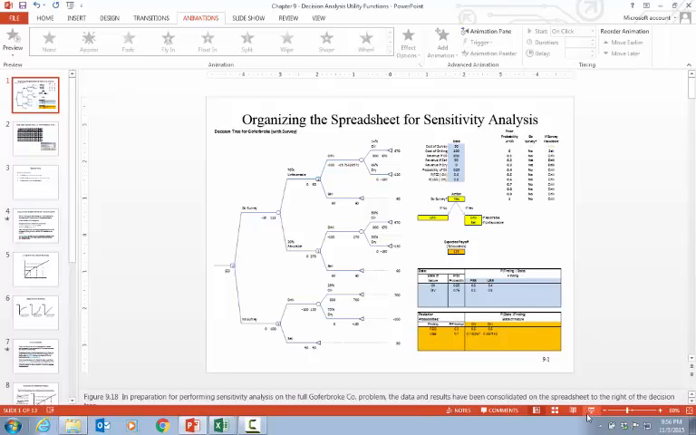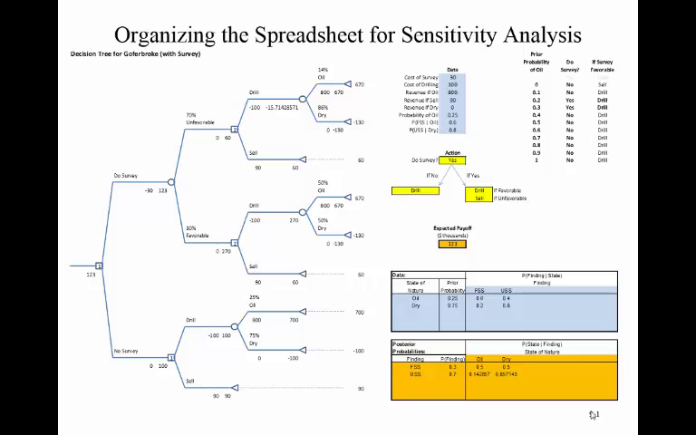Okay, in this video what we're going to do is cover the last part of Chapter 9, which deals with the application of utility theory to the decision analysis process. Before we get started here, I'm going to get the pen all ready so I can annotate on the screen. Before we actually get into the utility piece, I want to cover one particular aspect